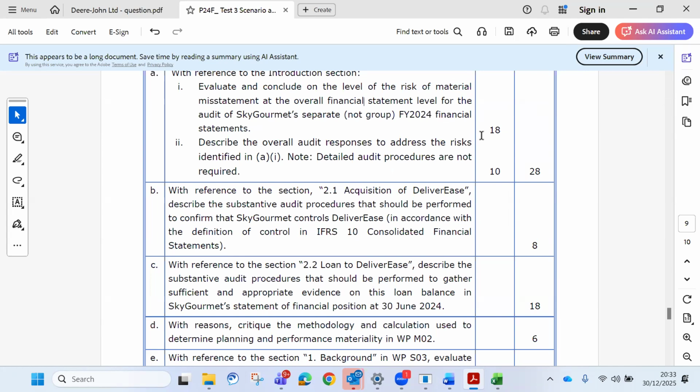Look for the things that are decreasing or mitigating these risks. Yes, these risks are there, but what is decreasing this? If they give you so many marks and you've limited yourself to just one thing, and there are positives there, then say the following factors decrease the risk of material misstatement. You see that this is more than 10 marks, they're giving you 15 marks, and you must also conclude on the risk of material misstatement. I cannot just conclude that yes, the risks are there, but are you not supposed to look at factors that mitigate this risk?